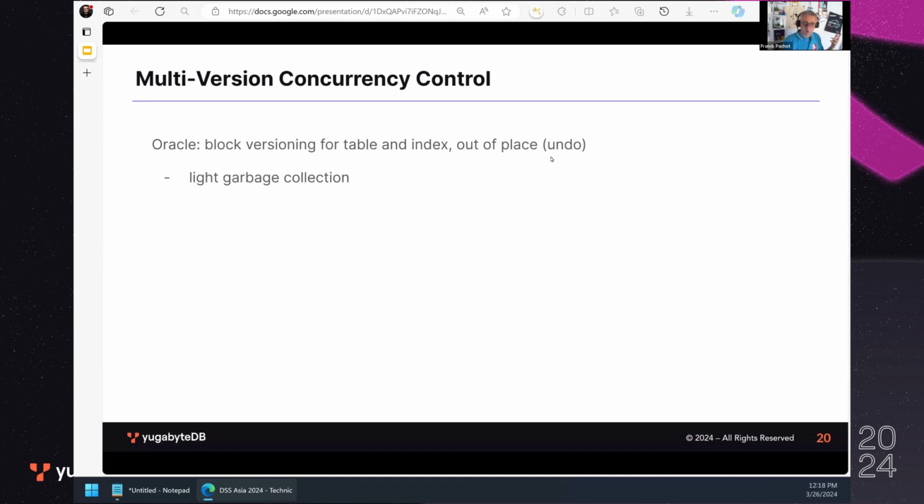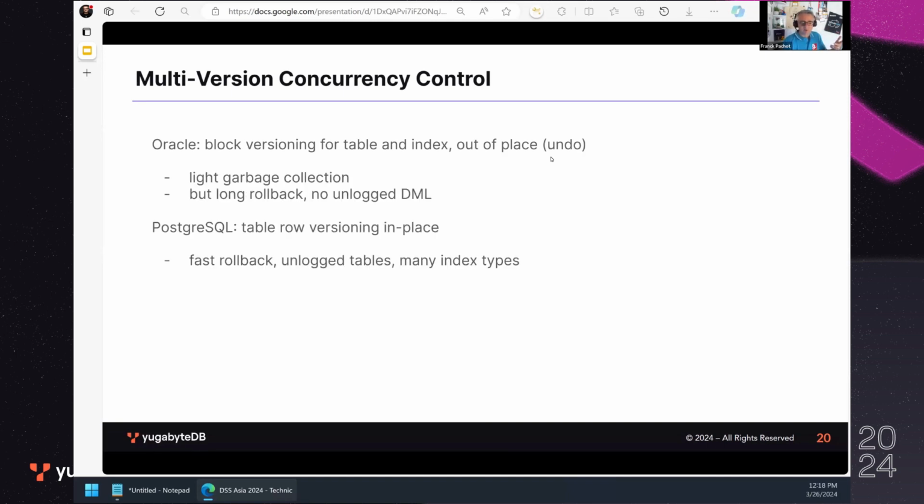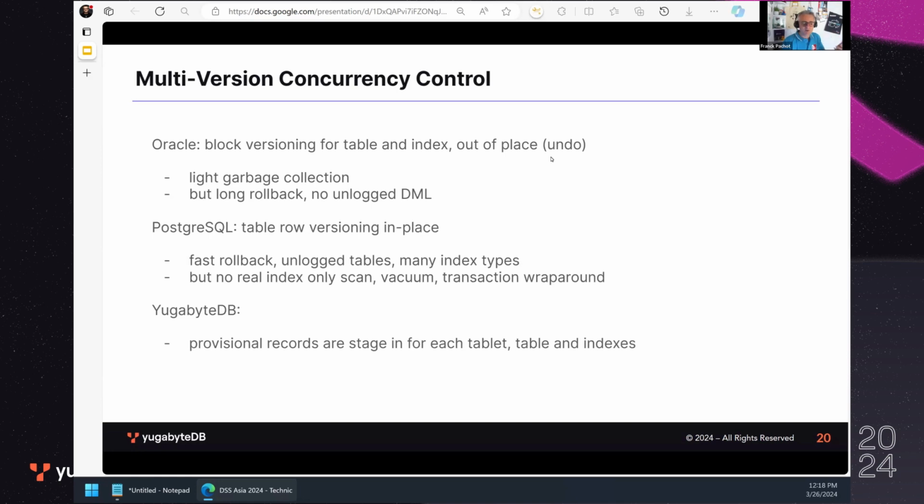I mentioned it quickly, the multi-version concurrency control. We don't have the same problem as Oracle, very long rollback, if you have very long transactions. We don't have the same problem as Postgres, all those vacuum problems. In Yugabyte, all the index entries and table rows are versioned with a timestamp,